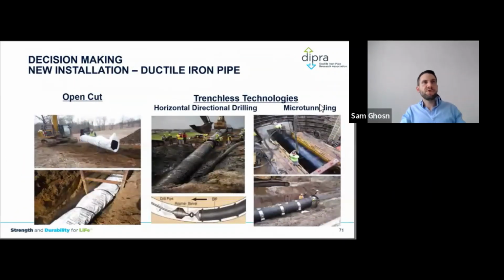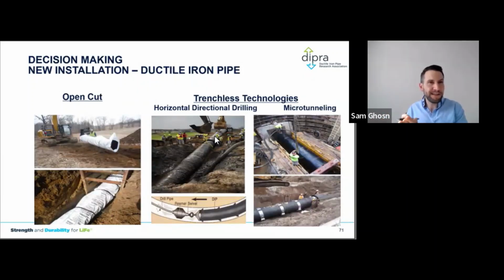Okay. For new installations, you can install it using open cut installations or with trenchless options. I have a lot of experience with trenchless options, so if you have a question, I'm happy to help you. Obviously, the criticality of a trenchless application might be higher or lower than a standard open cut. If you're in a pipe casing and you have access to that pipe, that's non-corrosive environments. But if you're installing a pipe under a river and you can't see that pipe later on, that's a highly critical environment, and we treat corrosion differently in terms of risk at that point.